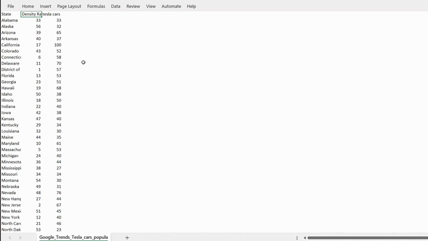One thing I want to remind you is that the density is a ranking. So a smaller number actually means that the density is higher. For instance, DC is ranked 1. That means that even though the number is small, DC has a very dense population. Of course, you can do a scatter plot in Excel, but the problem is that the figure doesn't look